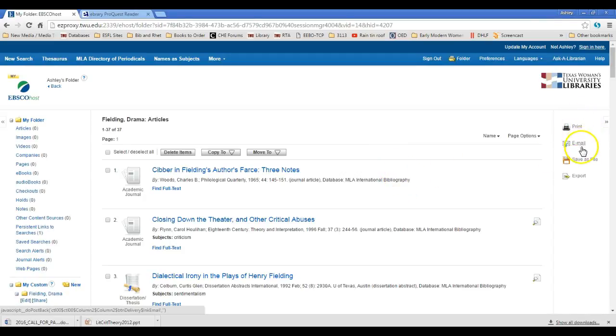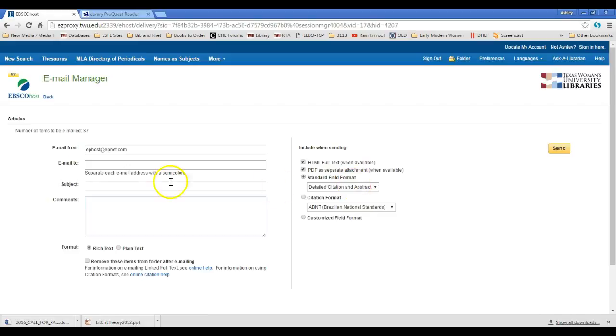You can print your list, you can email it, you can save it as a file. If you email it to yourself, you'll usually get an option just to show you what'll happen. I always like to email it to 2 different addresses at once, just in case something happens with one and it doesn't go through.